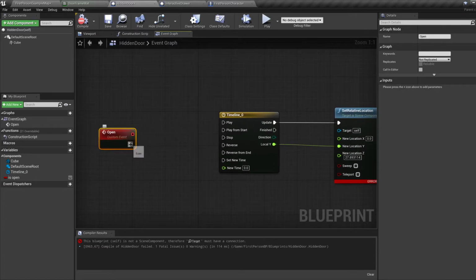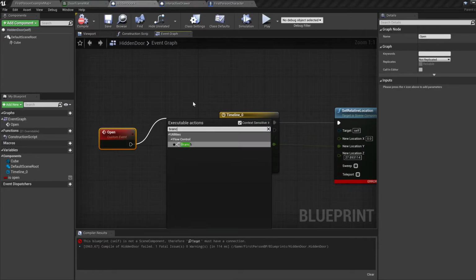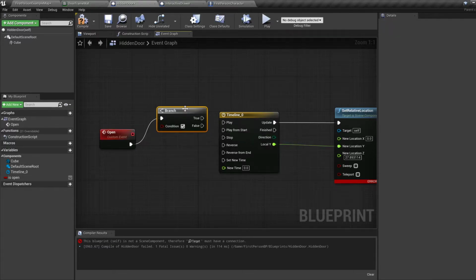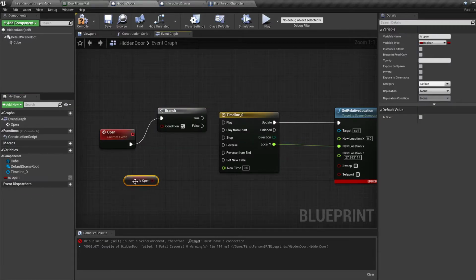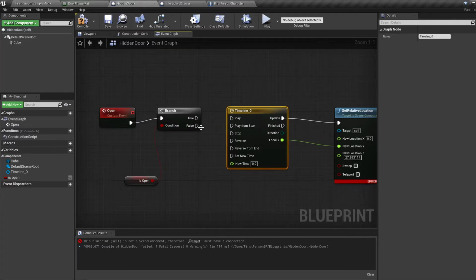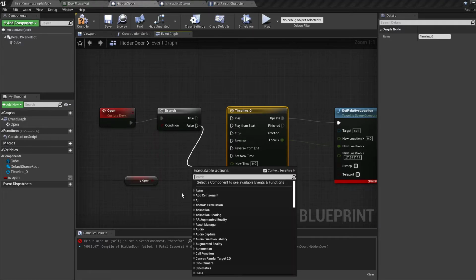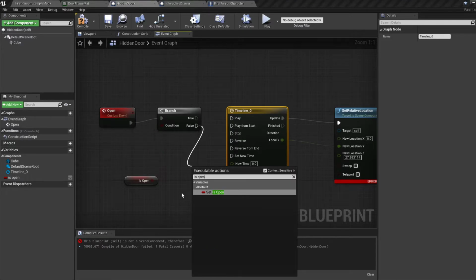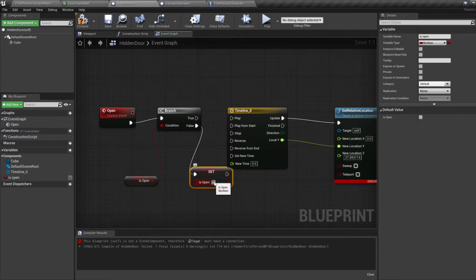So a branch here will do. If is open, do nothing. If it's false, then is open set to true, and then